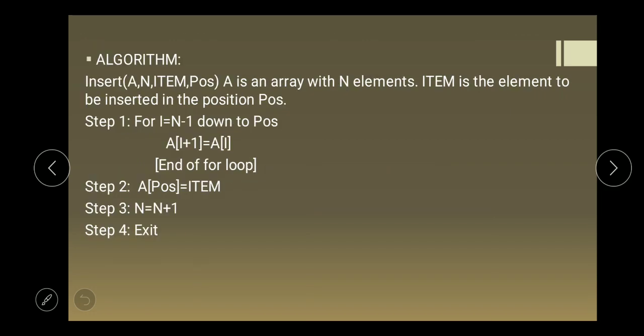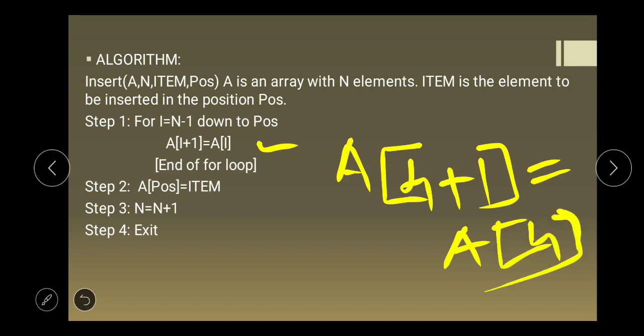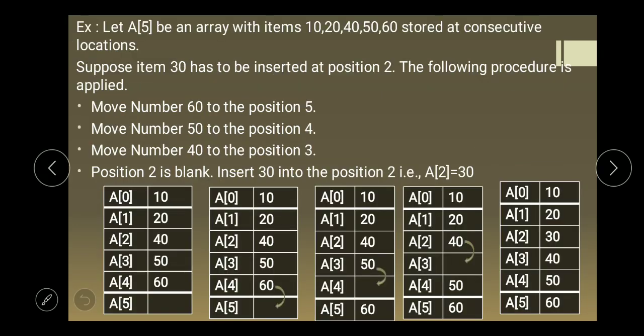Then A of I plus 1 is equal to A of I means A of 4 plus 1 is equal to A of 4. That means A of 5 is equal to A of 4, right? That's why here A of 5 is equal to A of 4. Then the element at position A of 4, 60, is shifted to A of 5.